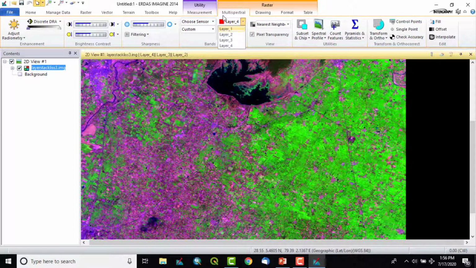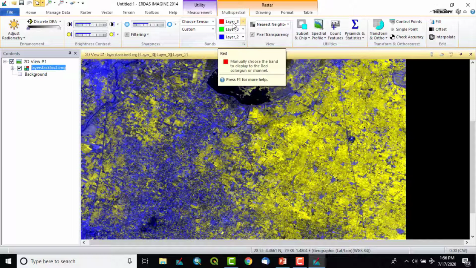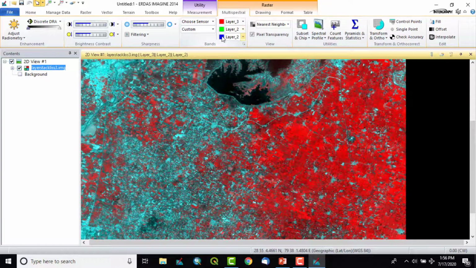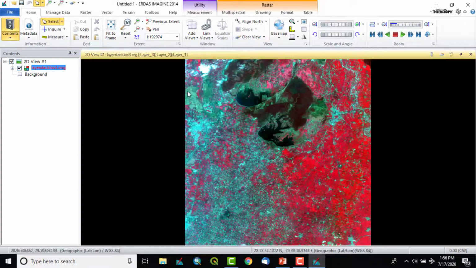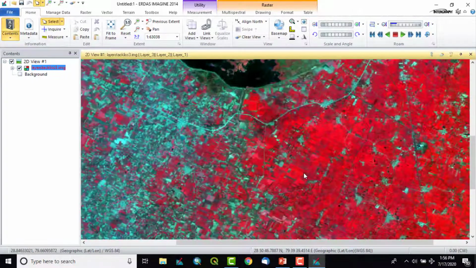So in red, green and blue we can put different bands and we can see different colors in the view. Like suppose LISS 3, for LISS 3 in red we have to put band 3, in green we have to put band 2, and in blue we have to put band 1. After this, whatever colors we see in the satellite imagery, those color combinations are referred to as false color composite.